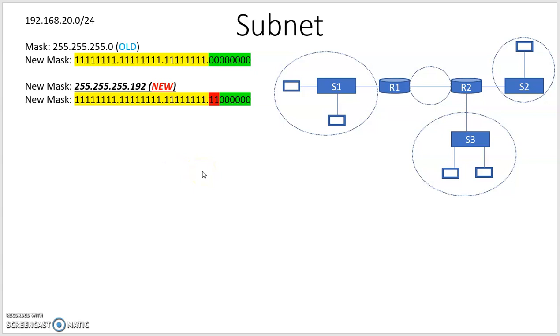And then we also did discuss that by borrowing 2 bits you can have 4 different combinations. So 00, 01, 10, and 11. So we'll keep that in mind when we create the corresponding IP address ranges for each of the subnets. Okay, so let's look at the first subnet. Let me just call it subnet 00. So in subnet 00, let's say the IP address starts with